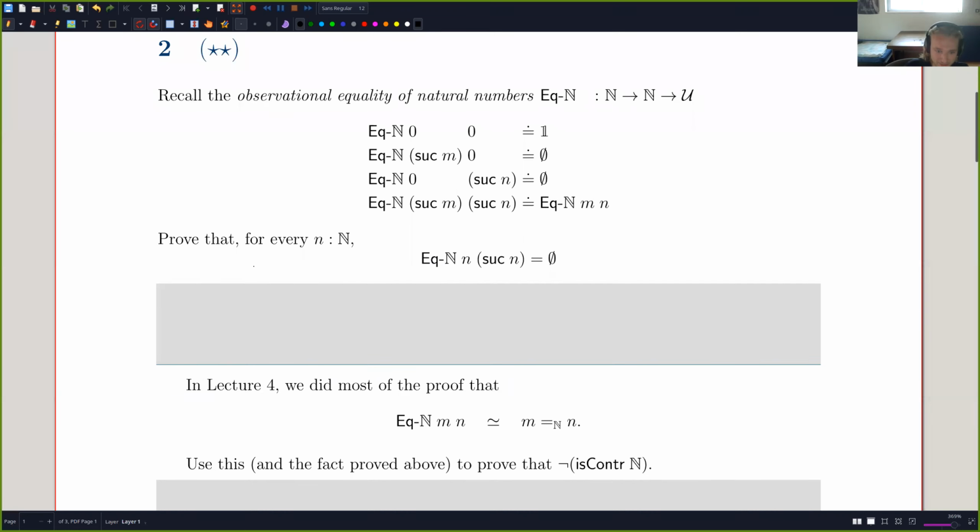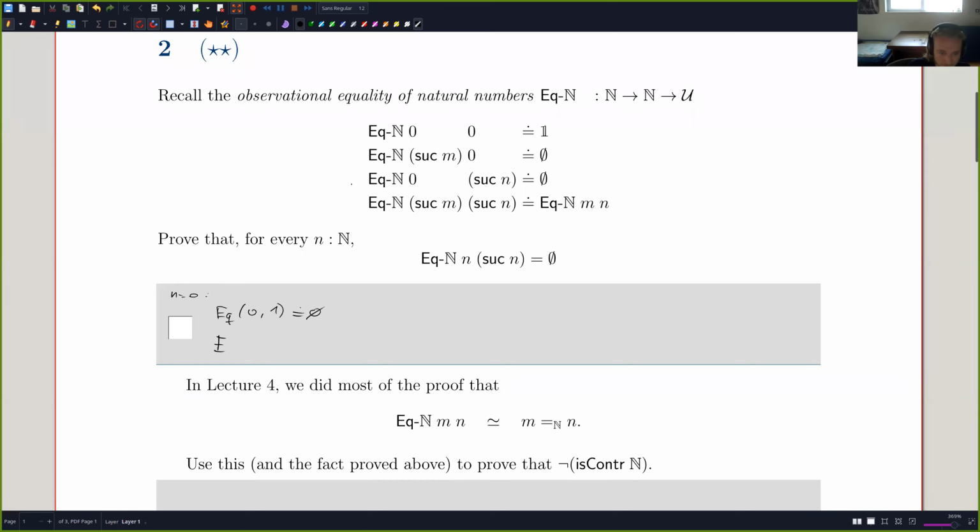For n equals 0, we have the EQ. I dropped the bold n, because there is only one type we're talking about here, of 0 and the successor of 0, so 1. This is by definition the empty type, this clause. This is empty. And we can, by induction, also prove that